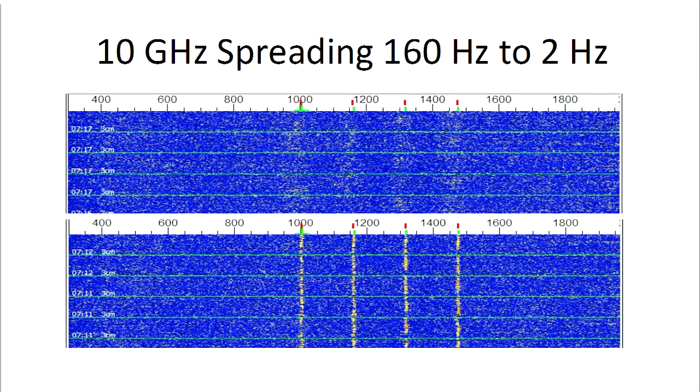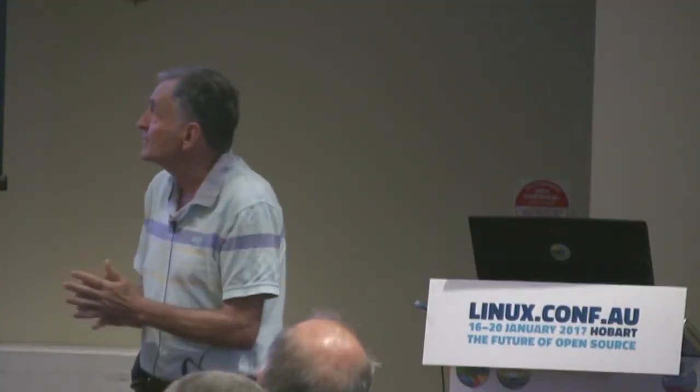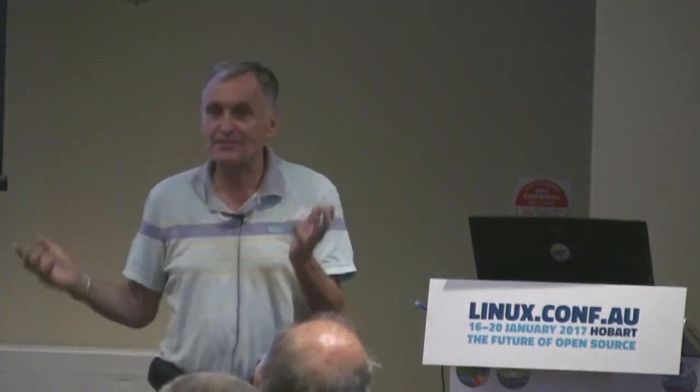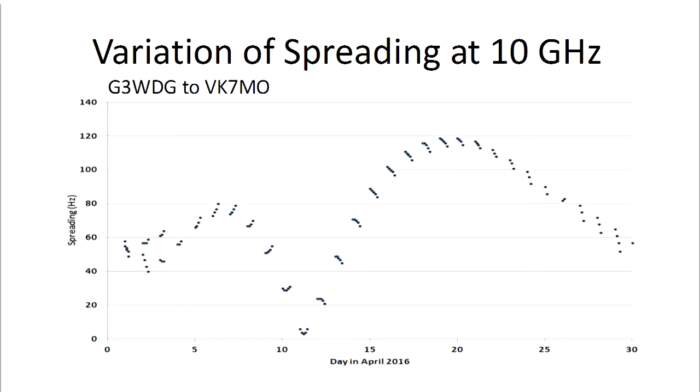So again, if you want to do QRP, you've got to choose a time when the moon's wobble is cancelled out by our movement on the Earth. So this brings a whole lot of astronomy into ham radio as well as computing. And now some clever people have worked out what the spreading will be over a month and written a little program, open source. And this shows you what the spreading is.